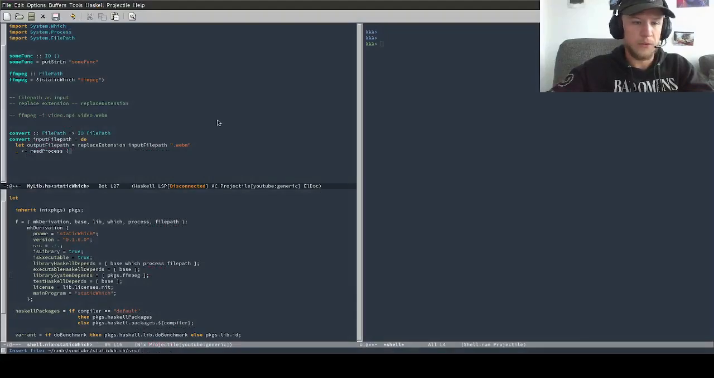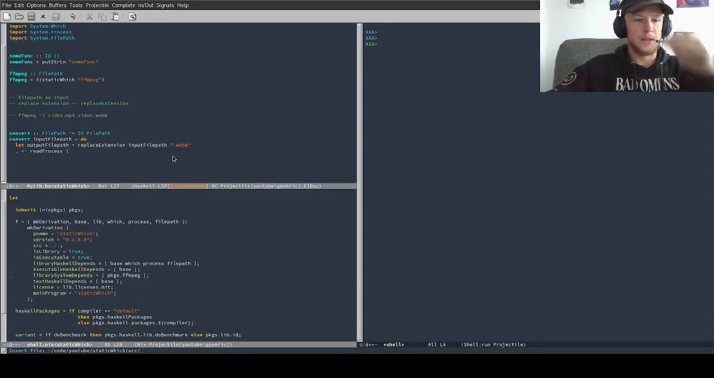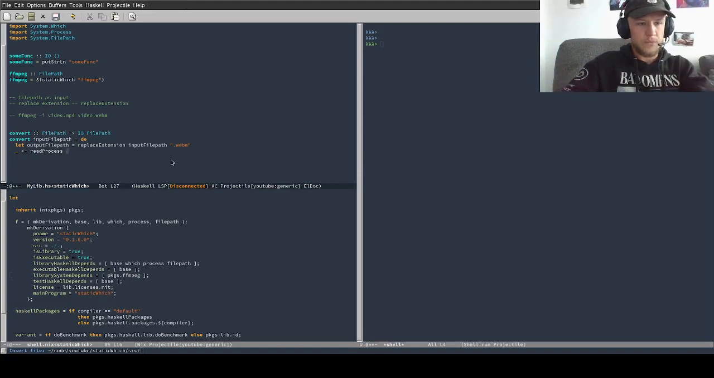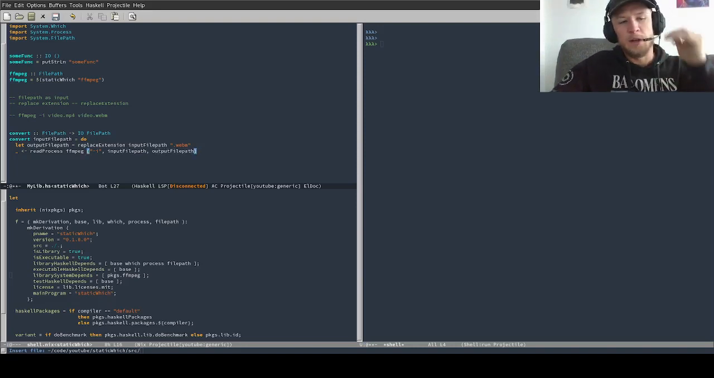So now if you go back to our Emacs here, we are simply going to pass ffmpeg as the first argument, and then we're going to give it a list of command line arguments. We're going to pass it -i, which just means input, where our input is the input file path, and we're going to write to this output file path, where the output file path will be rewritten with .webm,